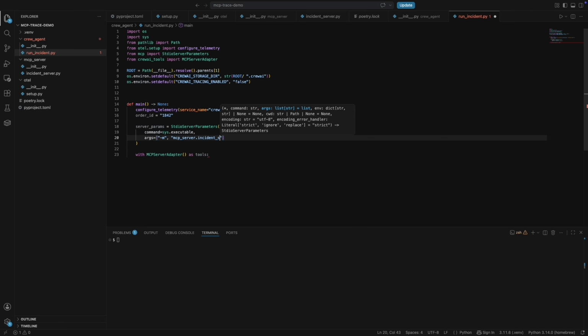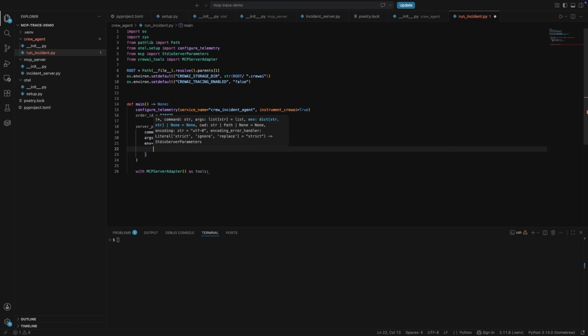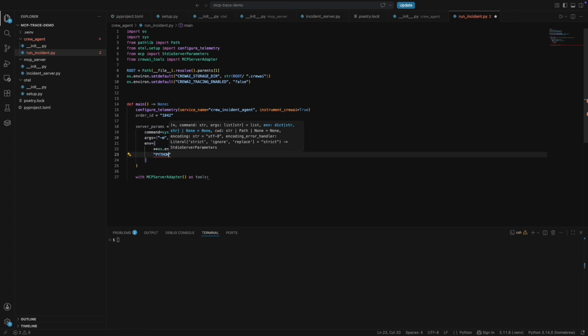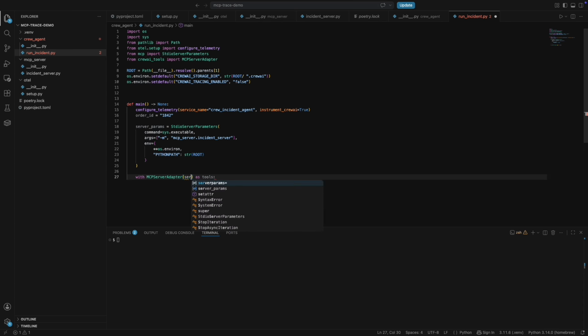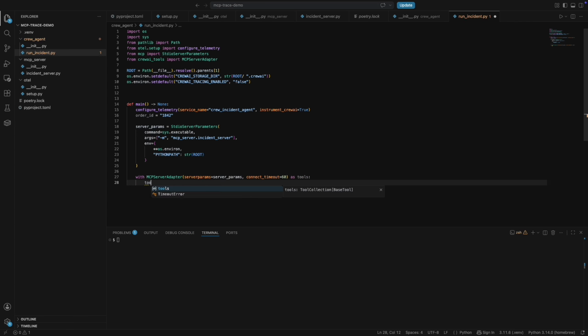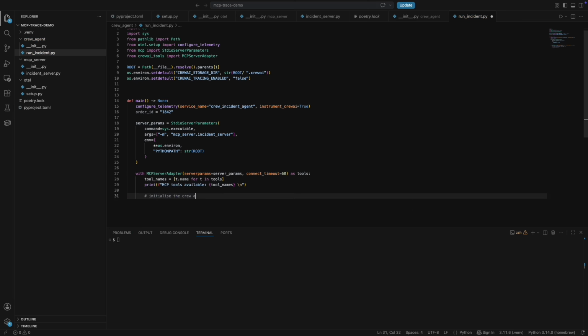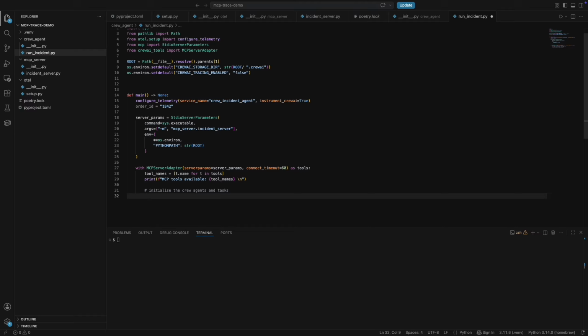So this is the file that will be started as our MCP server, and then we need to pass all the environment variables that we have. In addition to the Python path, we need to make sure that it points also to the root of this project. So we will get this server params and attach it to the MCP server adapter. In this context, we will have the tools. So just here for a small validation step, we need to print all the tool names that we got,